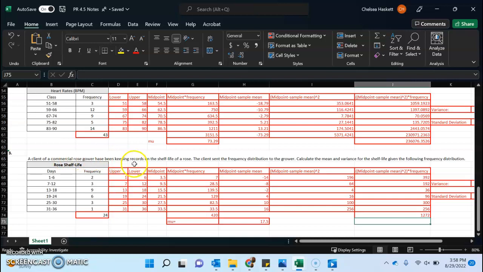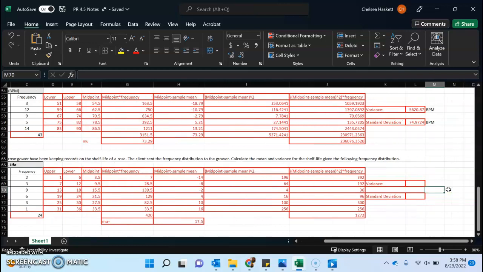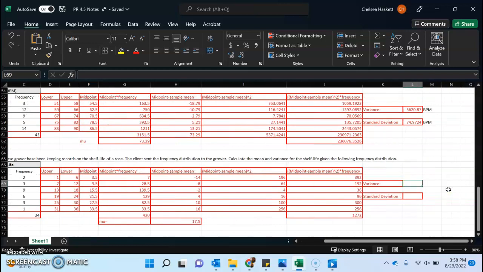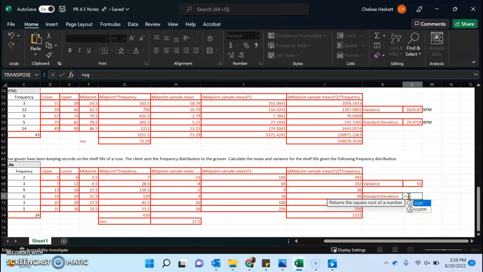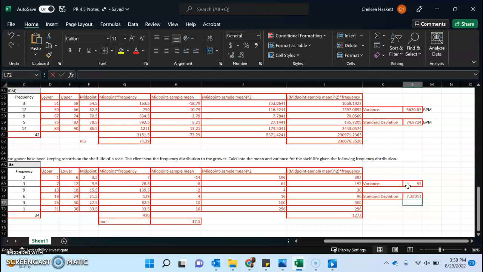A client of a commercial rose grower has been keeping records on the shelf life. The client sent the frequency to the grower. So this is all the shelf life, right? So this is all that client's shelf life. So this is the population of that shelf life. So I'm going to do this divided by that 24. Standard deviation, we square root it. Okay. And we end up with that, and this would be